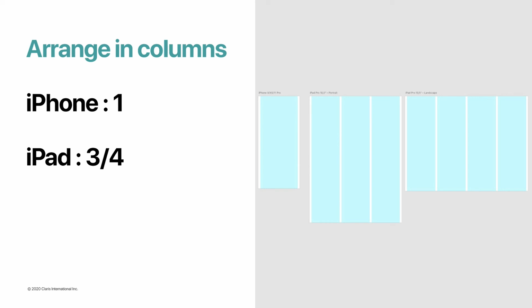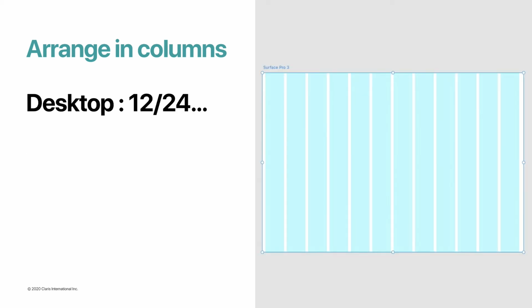The difficult part is to find the right number of columns according to your device and your display. Generally, an iPhone layout that is held in portrait mode will have a single column, and a layout designed for iPad will have at least 3 or 4 columns. For desktop layouts with a much larger screen, 12 or 24 columns are good choices, as they offer many possible combinations for the sizes of the objects.